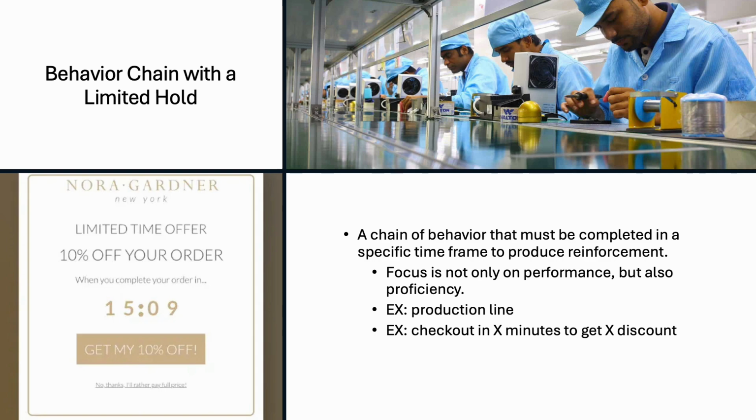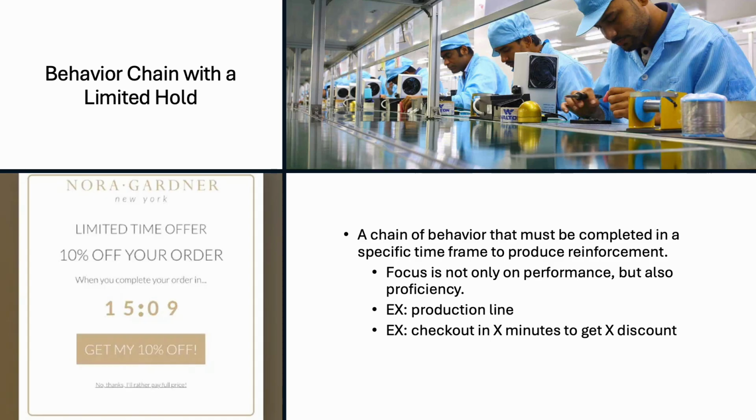Anything you do when you're cooking or baking would be considered a behavior chain. Working in an assembly line would be considered a behavior chain. I don't know, getting an oil change, putting gas in your car, all of those are behavior chains, okay? They are a sequence of responses in which each response is producing a stimulus change, and those stimulus changes are functioning as conditioned reinforcement for that response, and then as a discriminative stimulus for the next response in the chain,